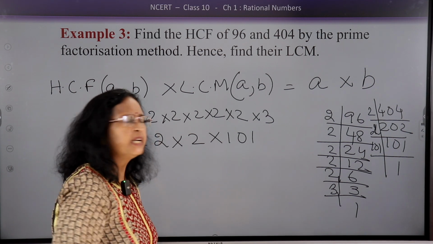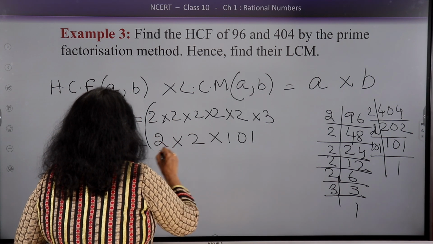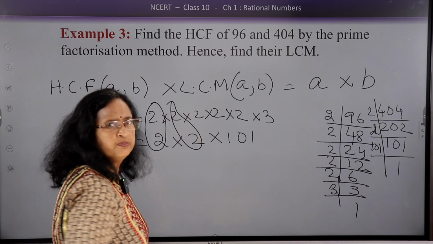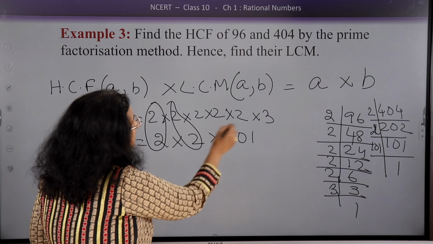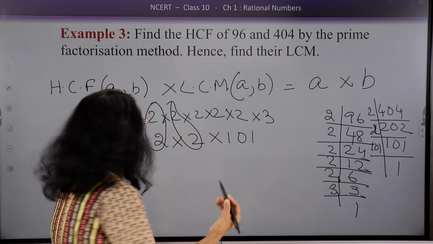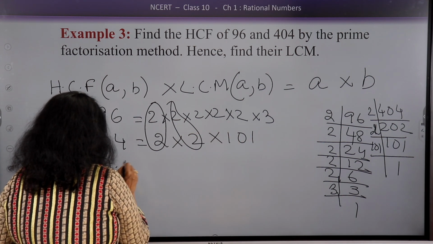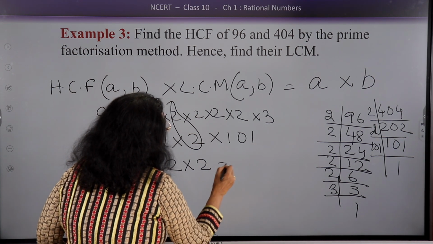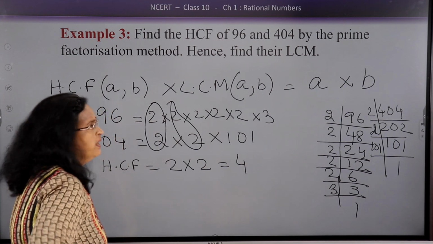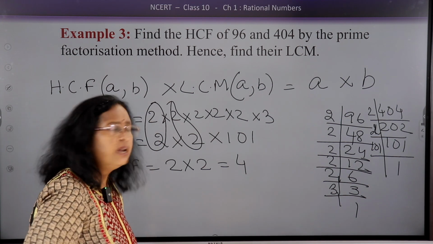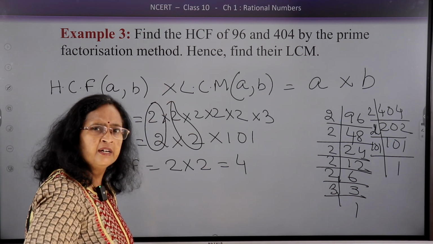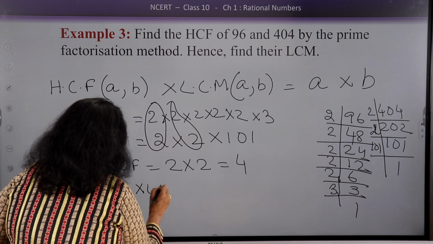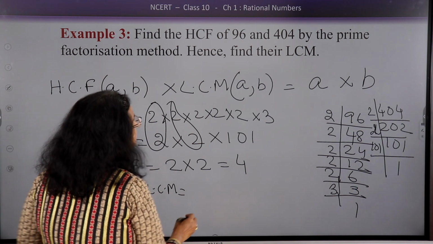As we have done already, the common factors we need to see, 2 and 2. All right. No more other factor is in common. So HCF is equal to 2 into 2, that is 4. Now we got the HCF as 4. Let us put into the formula, direct formula. 4 into LCM is equal to